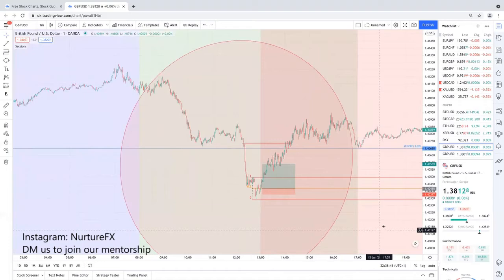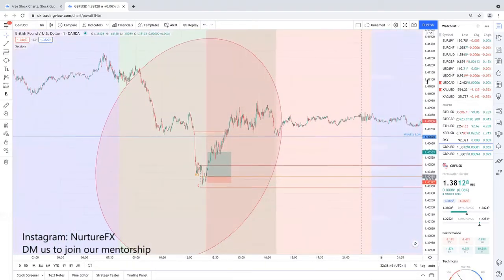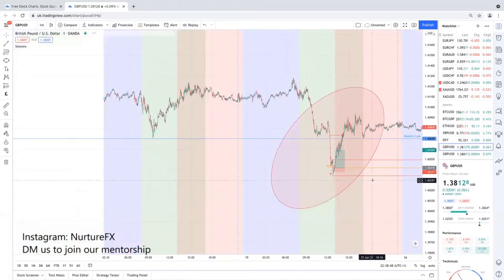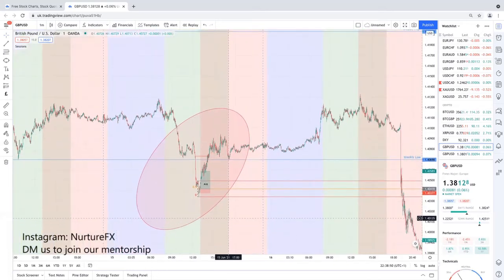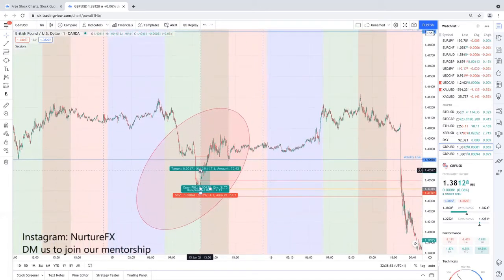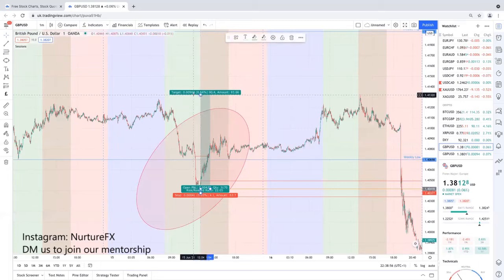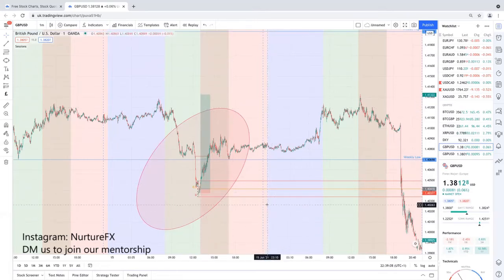However, what you see here is this big reaction. Remember, we're in a bearish week here. We're in a bearish week, but we got potential of up to a 90 pip move. We've hit a 90 pip buy in a bearish week. So, this one, unfortunately, we wouldn't have got into. However,